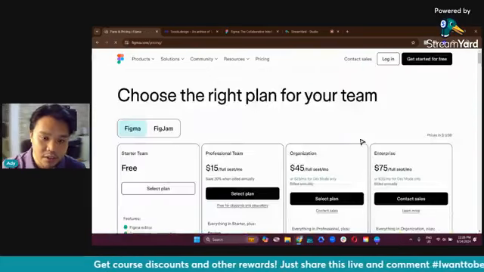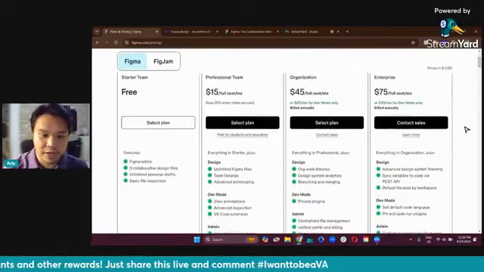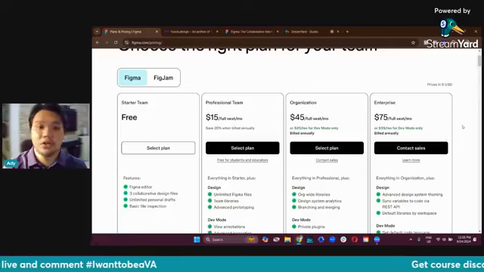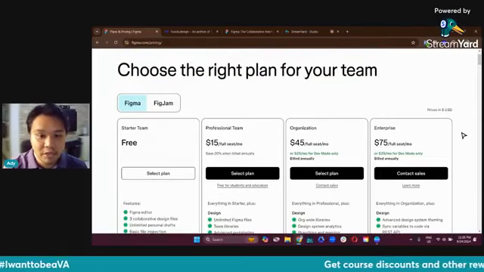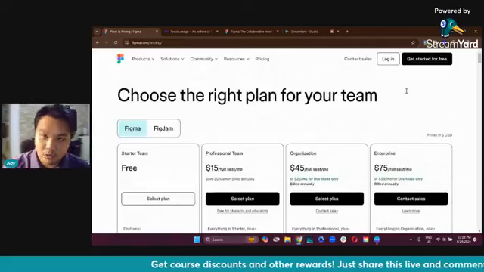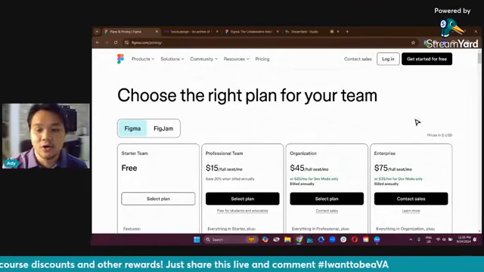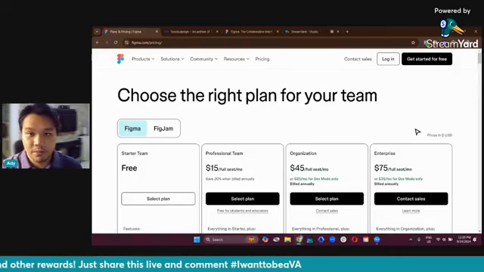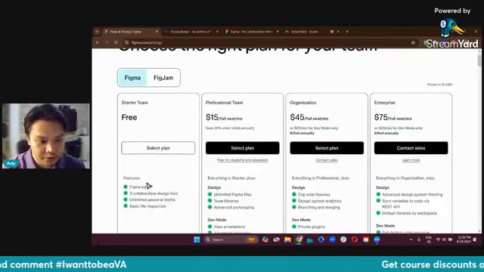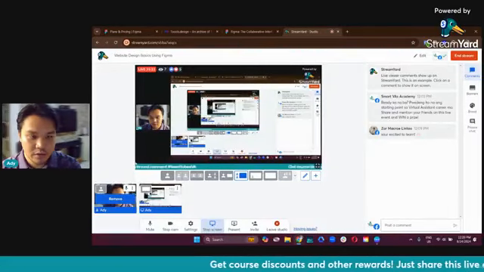But this is also a tool that you can use for other stuff, like in a professional setting, if you need collaboration with a team, or you need organization, you need also cloud space, and also other developer features. But this one, we have a free version. The free version of Figma here includes,